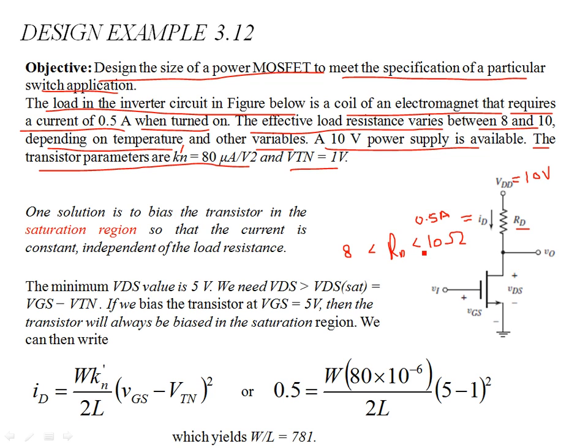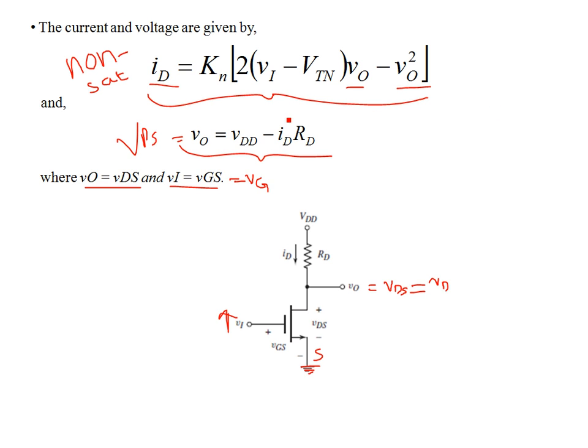So between 8 and 10 ohms, you can see that V naught is going to vary. This V naught is going to vary between, the minimum will be 5, the maximum will be 6. Okay, you can work this out from this relationship. So V naught is VDD minus ID times RD. In this case, VDD is 10. Then the design requirement is such